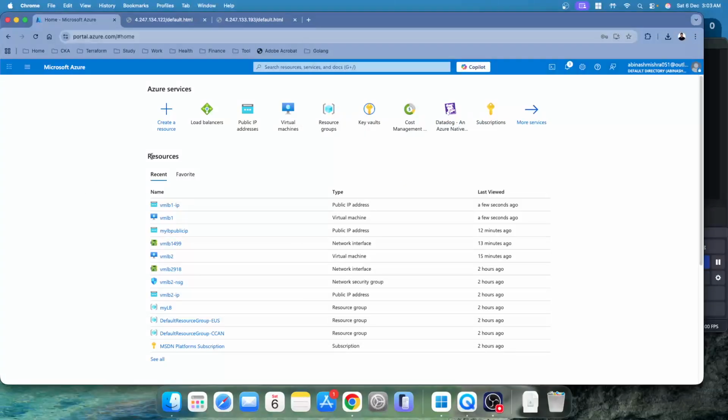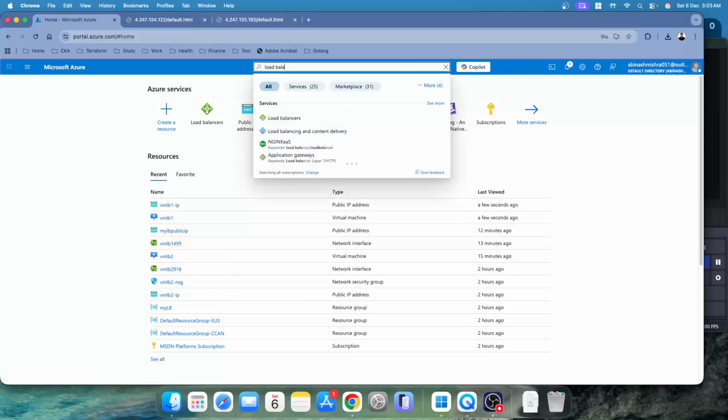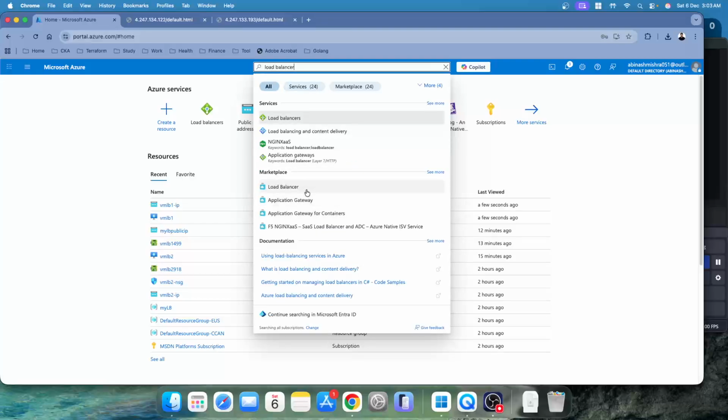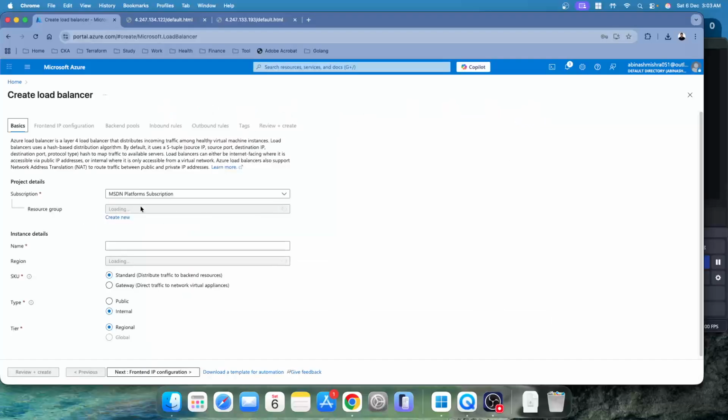Okay, so in this lecture, we can create a load balancer. From the marketplace, we can create our load balancer. It's giving us the resource group name option. We have our MyLB resource group. I can create like my